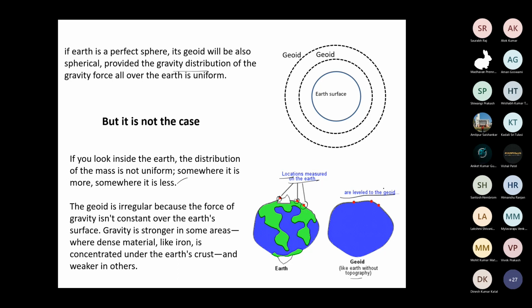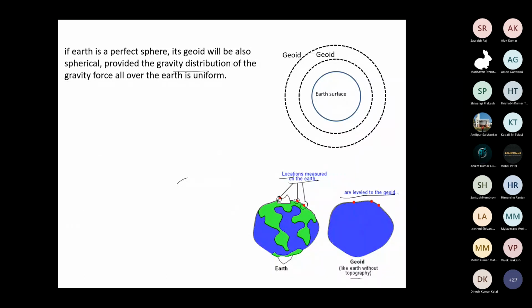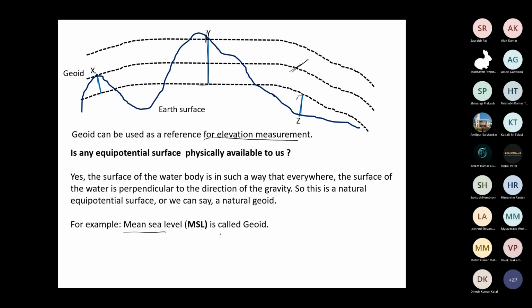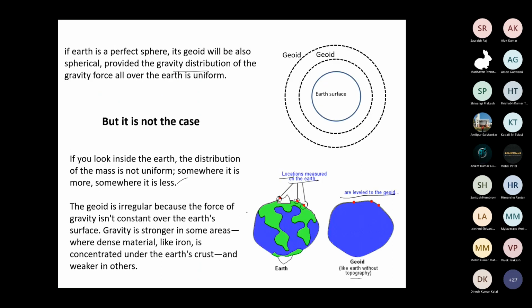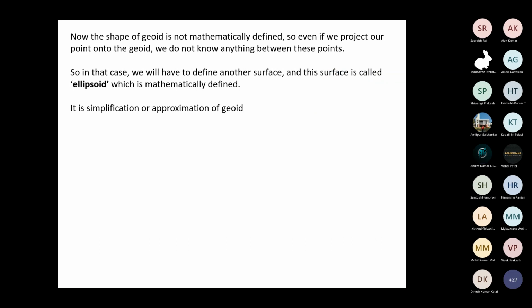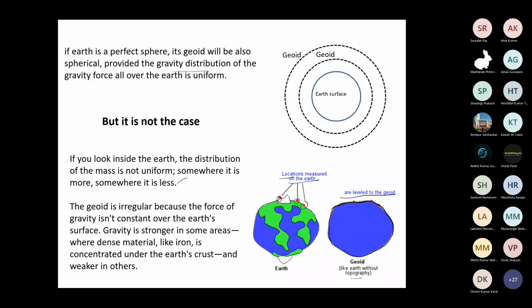As we discussed in the last slide, we have taken this water surface, the mean sea level, as the geoid. Now it's very easy for us. You got my point? Yes, sir. Okay. Another problem: if I do not consider the mean sea level, the ocean level, again there is a problem.